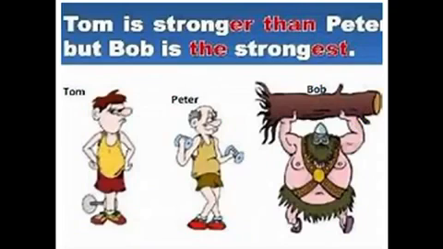Look at this picture here. Tom is stronger than Peter, but Bob is the strongest. Here we add er to compare Tom with Peter. We said that Tom is stronger than Peter. But when Bob comes, here we have more than two people. So we add est as a suffix. So the word Bob